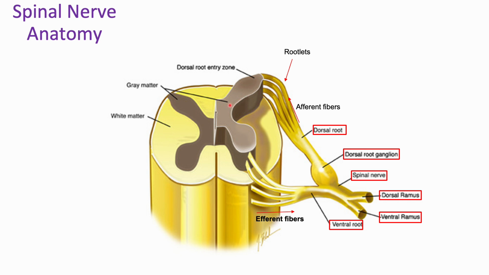So posteriorly, we have sensory information, anteriorly, we have motor information, right? So there's a pretty significant delineation between anterior and posterior within the spinal cord, and we're going to see how that develops embryonically throughout this video. So with all of that in mind, let's go ahead and dive into the development of the spinal cord and